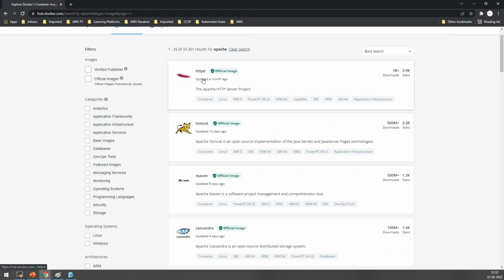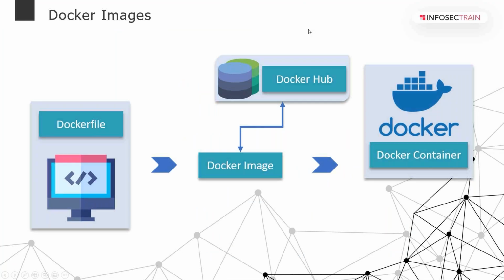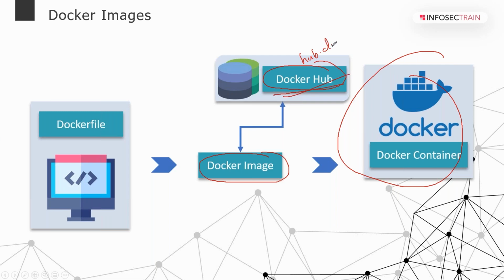Now this is how you get the image. Don't forget, just for understanding, team: we have installed the platform. If you want to create a Docker container, the first thing you have to get is something called a Docker image. From where can you get the official images? From a centralized repository called Docker Hub. If you want to go for it, just type hub.docker.com and you will be able to get the images. From here, you can download the image you want, and using this image, you'll be able to deploy the containers. Also, if you want, you can build your own image, but there are some constraints. I'll tell you tomorrow. Okay, that's it.